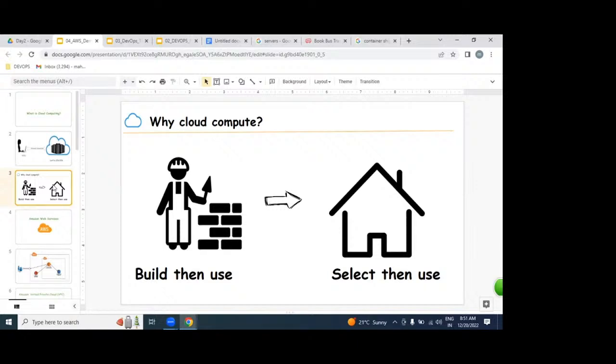Right. For example, you want to go from your home to the railway station by car. The condition is by car. My question is, how many ways can we get a car? Owning a car, our own car, and renting. Two ways: one is buying a car, the other is a rental car. I want to go by car only, but there are two ways to get a car.